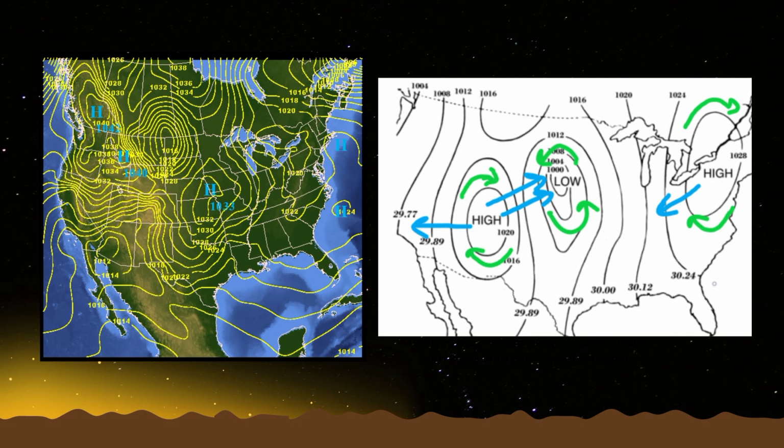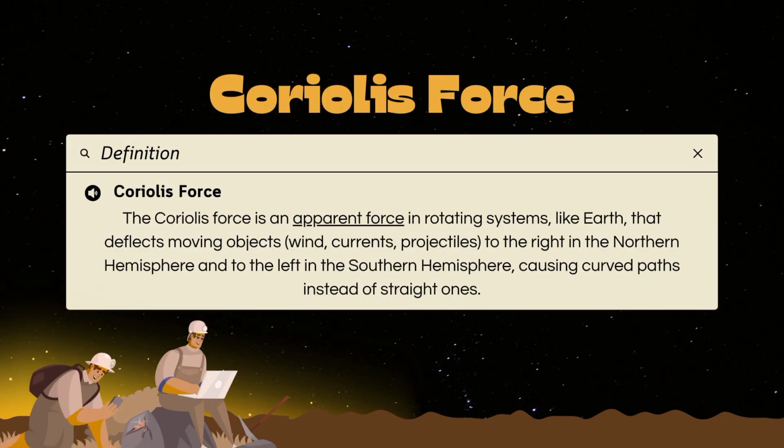Because the closer the isobars are to each other, the change in the wind is more evident. When the isobars are far away from each other, the change in the wind is not as evident since there is a long distance between them. So that is all about the pressure gradient force.